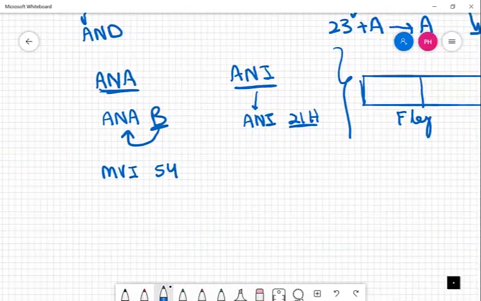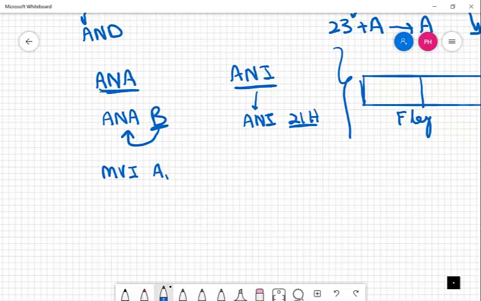Move immediate, I have to mention accumulator here. Move immediate accumulator, maybe any number, 54. I have already written 54H. And then, for example, I am ANDing it with some number, ANA